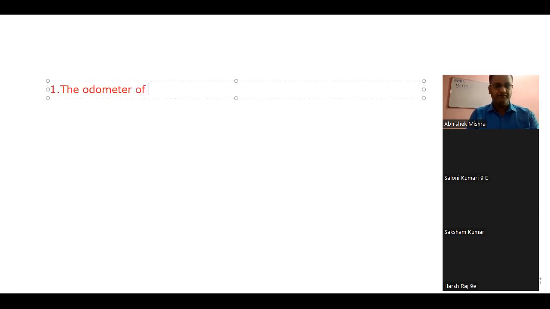The odometer of a car reads 2000 kilometer at the start of a trip. So initially, at the start of the trip, the odometer of the car reads 2000 kilometer,